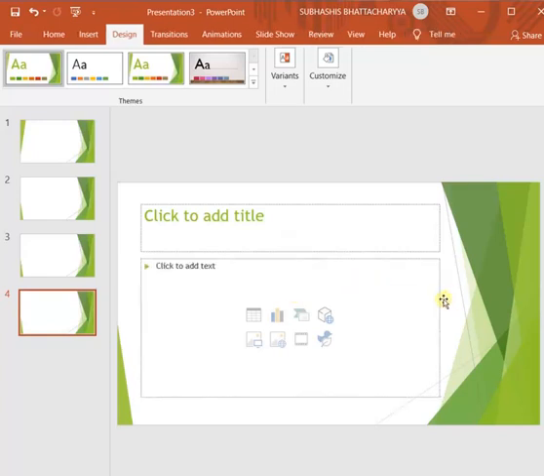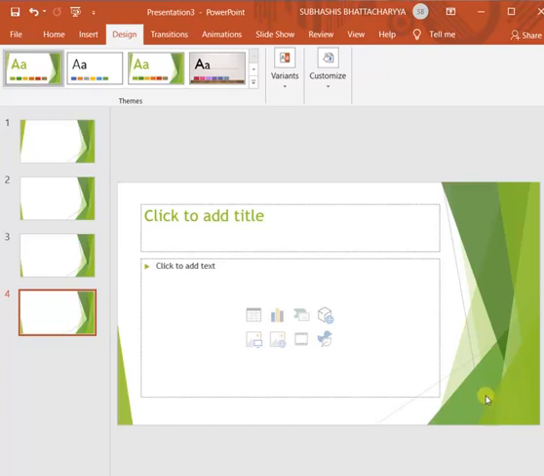Inserting pictures and content I will cover later in the next classes. So mainly these themes can be applied to the entire presentation. When you select a theme, it is applied to all the slides of the presentation with the slide layouts.